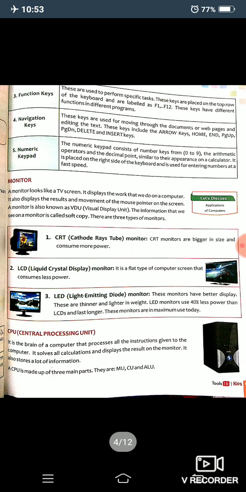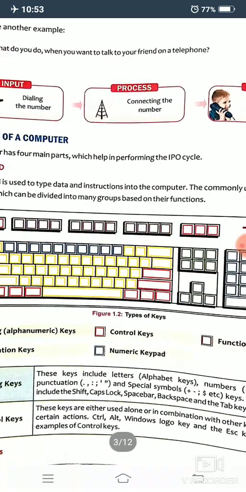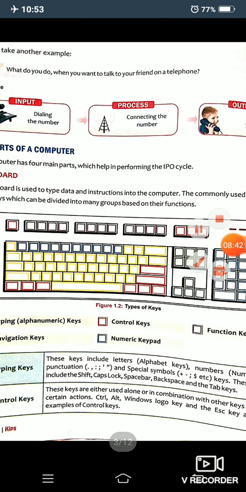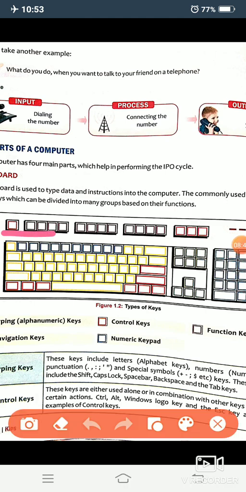Third category is function keys. Function keys are very special kind of keys. On your keyboard at the top you can see this top row. These are all function keys. There are 12 function keys on a keyboard, not including this one, which is the escape key.